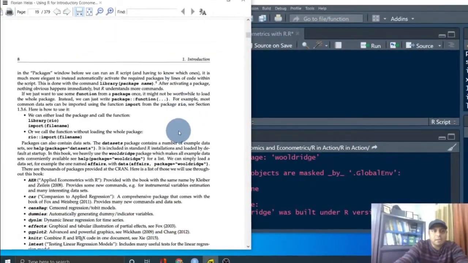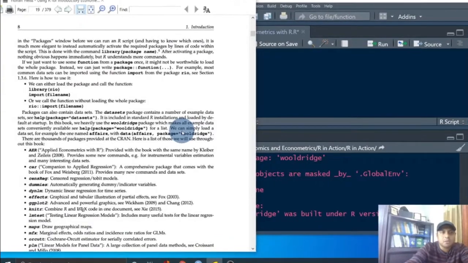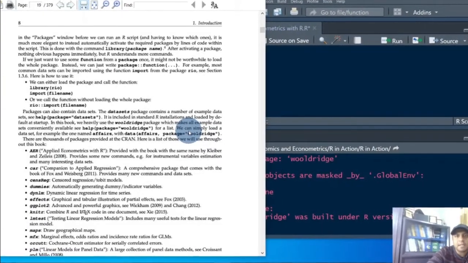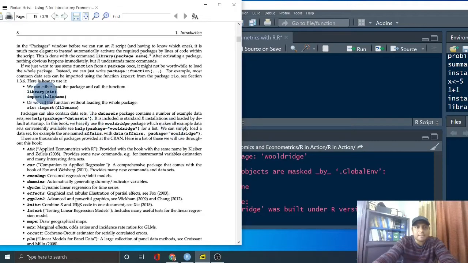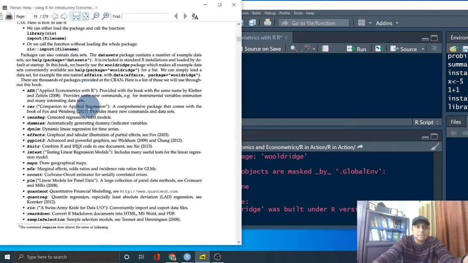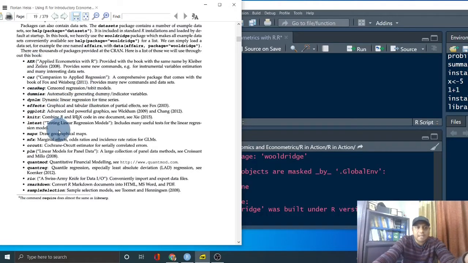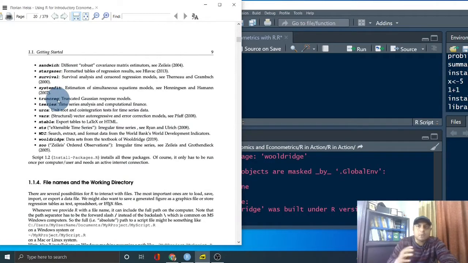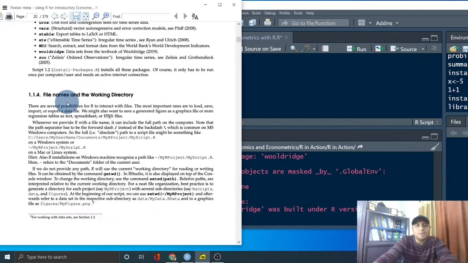Once you install it, you need to use library to call the package to your console, and that's what it says, library Rio is a package. Of course it's an example given here. There are a few examples of package names given in this book. Slowly and gradually in the whole video playlist you will find all the econometrics packages and their functions and their use. So hopefully you will be with me.